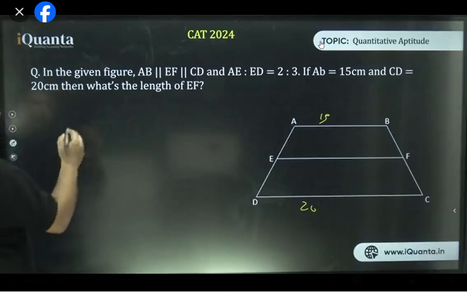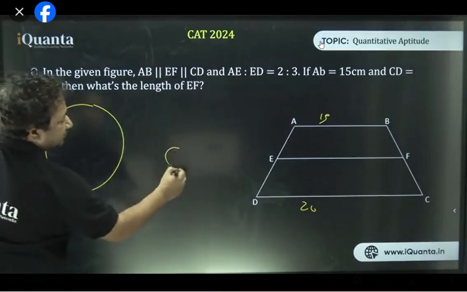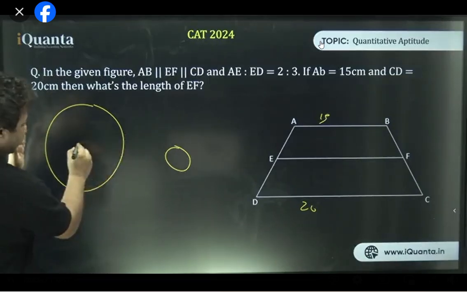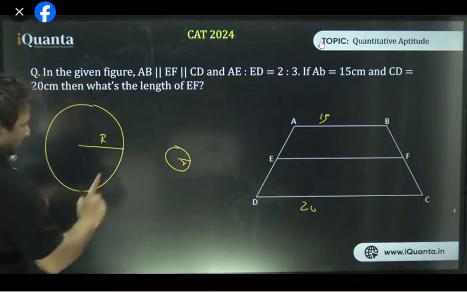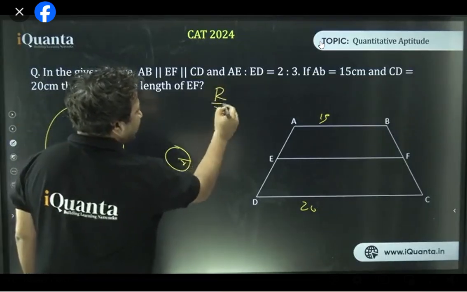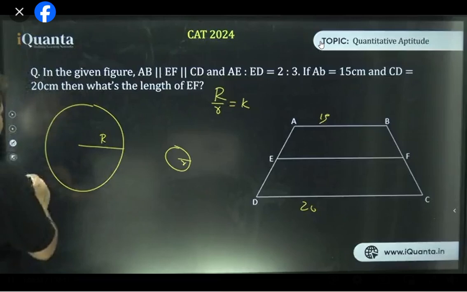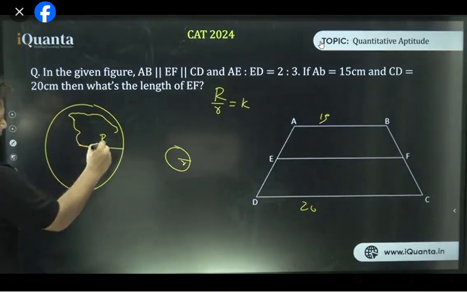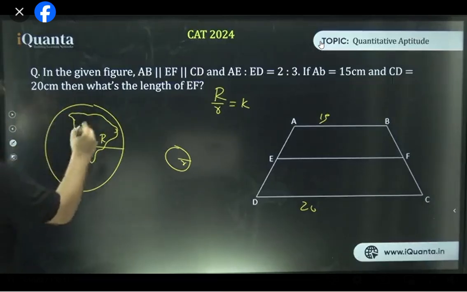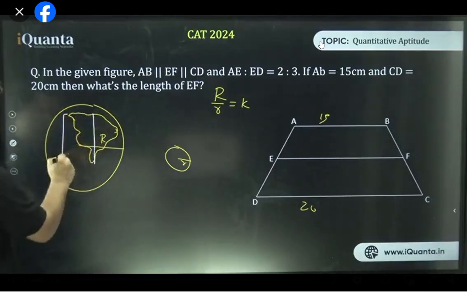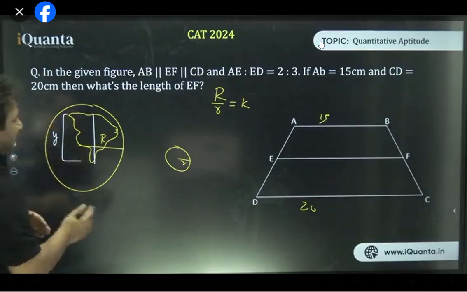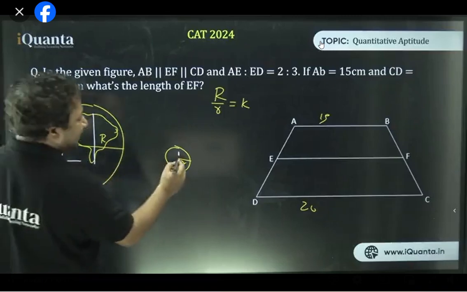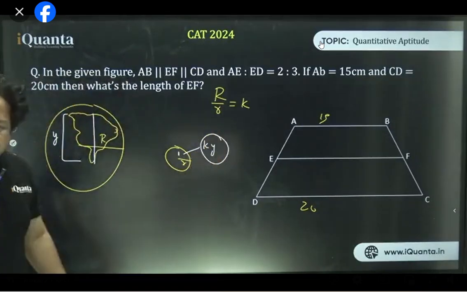So basically, what happens? There are two things. This is the planet, this is the globe. So what happens? ध्यान से सुनना. अगर इसका radius r है और इसका let's say small r है, and also if I say that r upon small r is some constant, let's say the constant is k. Tell me something. This is Asia. So if I ask you that the length of Asia from north to south is y on our planet, then what will be the length of Asia on this globe that we have made? How much will it be? It will be k times y, yes or no?